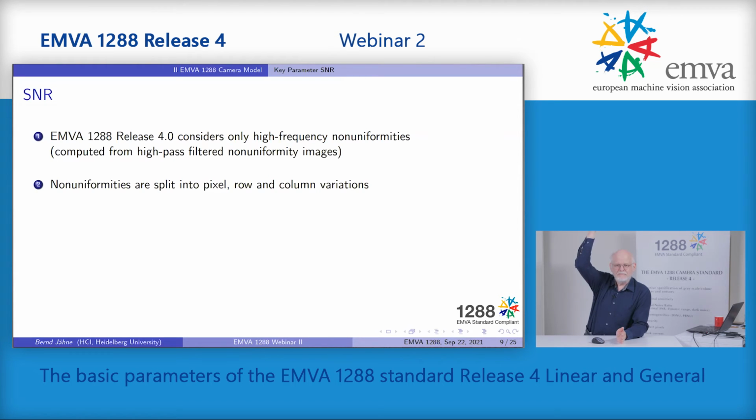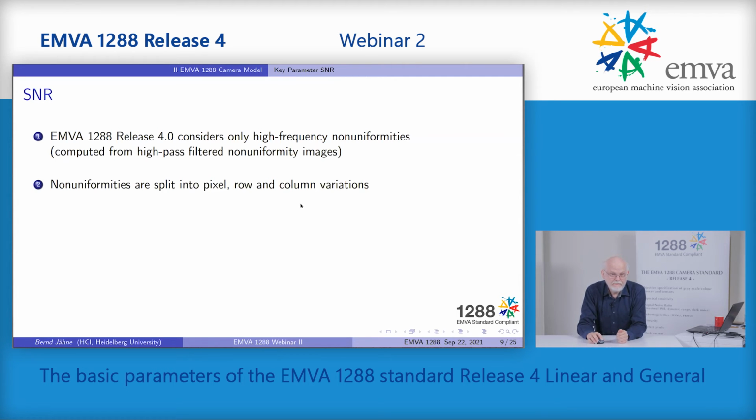That's what you see with vertical or horizontal stripes in the image. And that is, of course, very nasty, both for the human observer, but also for image processing algorithms which think there is an edge, for instance, in a row or a column. So that is not really what you want to have. And this is why we now describe the non-uniformities in Release 4.0 in much more detail as pixel, row, and